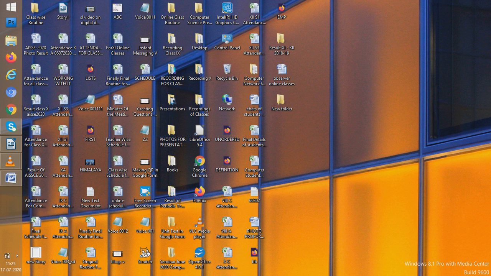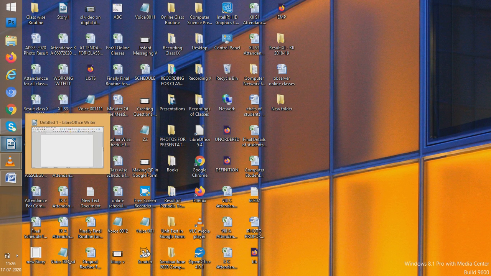Today we are going to see some new features in using LibreOffice Writer. So students, let us try to use it and see it practically.